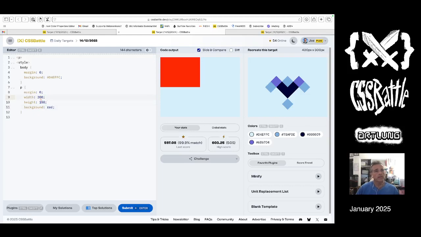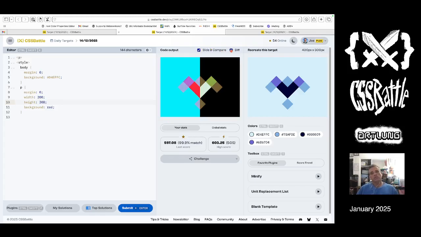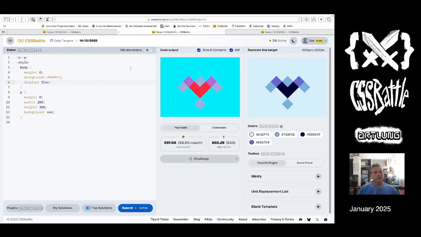Okay, and then the height is not 150, it's 300, of course. Okay, so we're gonna subdivide this guy and do this in pieces. And we're gonna make another one. Display flex. And now we've got 2. All right, and then the second one